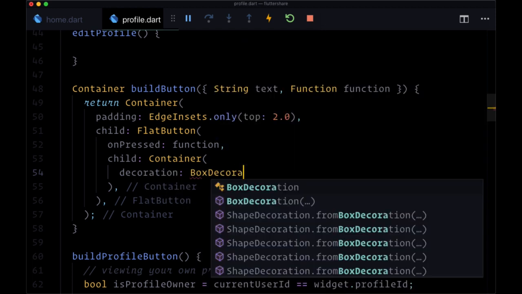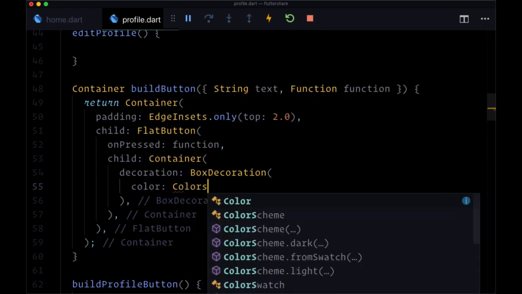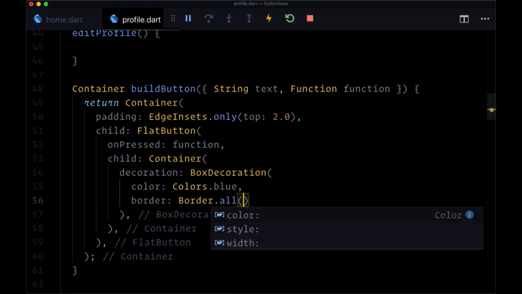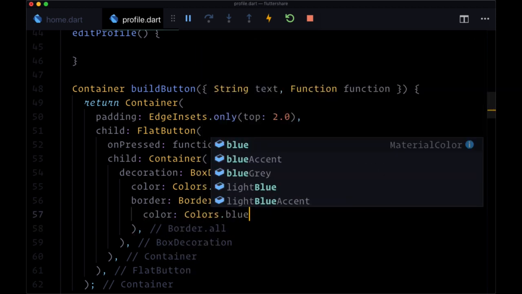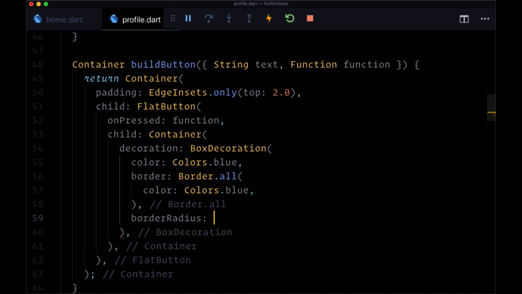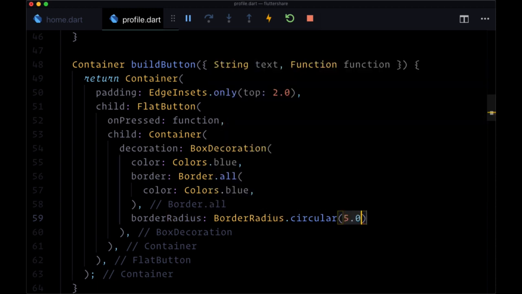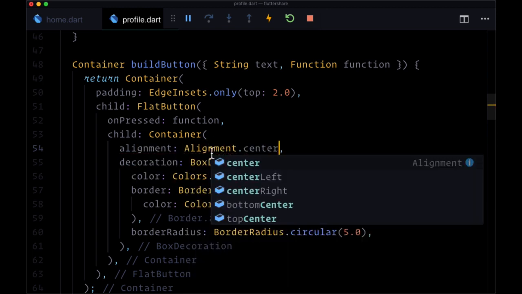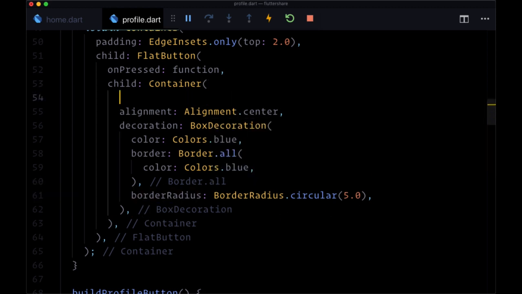It'll be set to the box decoration class. And for its color, we'll use blue, so colors.blue. We'll give it a border with border.all, where the border color is going to be the same, blue. And we'll give it a border radius as well. We'll use border radius dot circular with a value of 5.0. Then for this container, we'll set alignment. We want to use alignment.center, and that is to center the child of this container, which is going to be